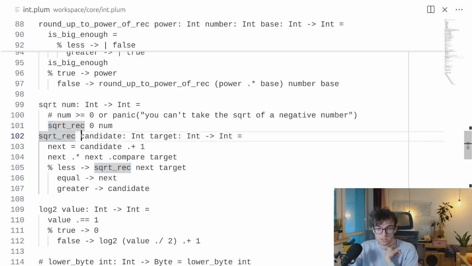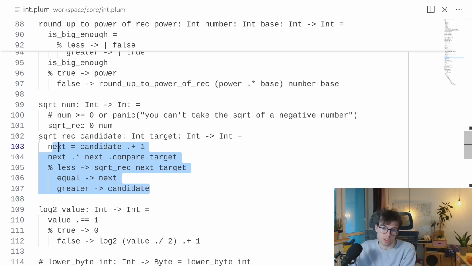It has this candidate of what could the square root be. It starts with 0, and then it increments that until the candidate squared is larger than the target. It's not super efficient. I know there are more efficient ways, instead of linearly searching through all integers and checking if that's the square root. But